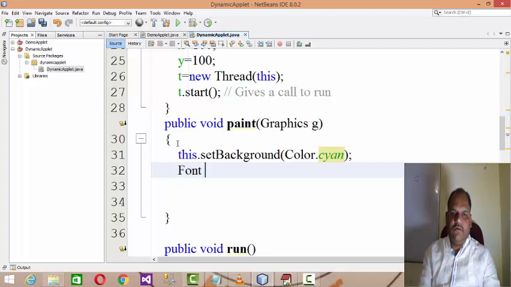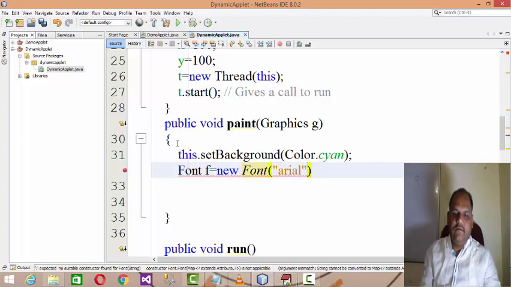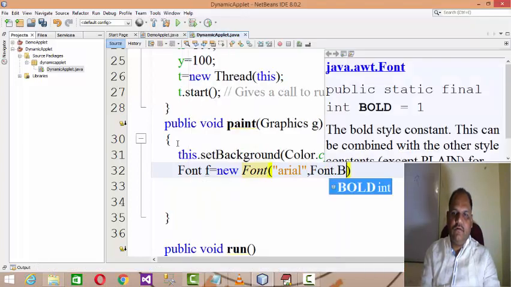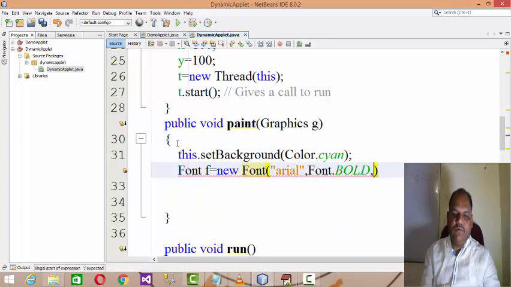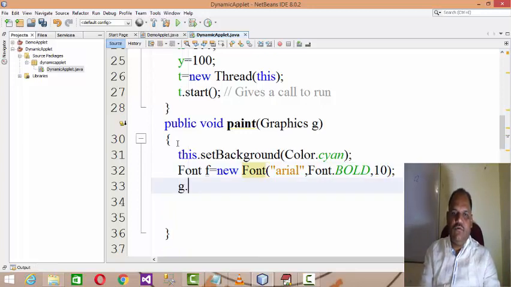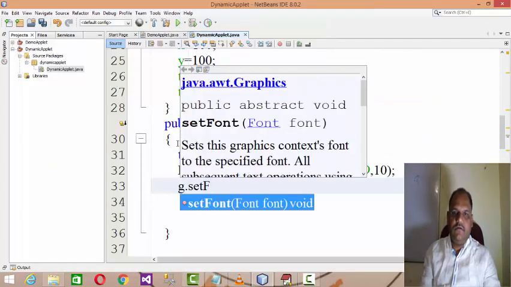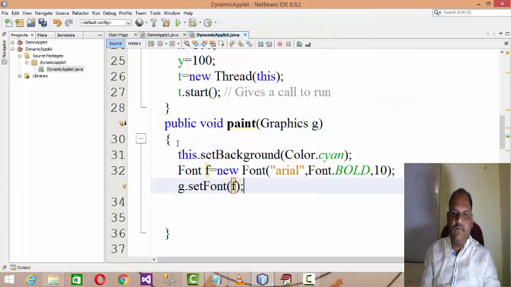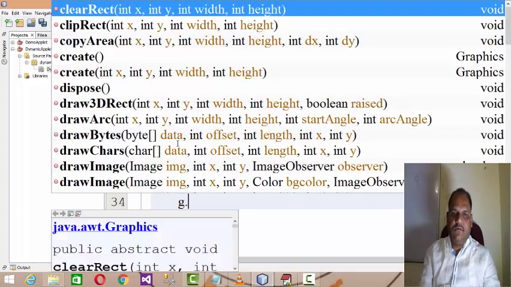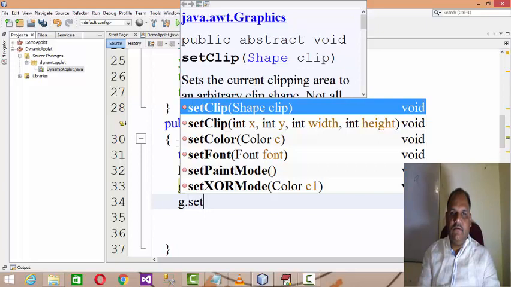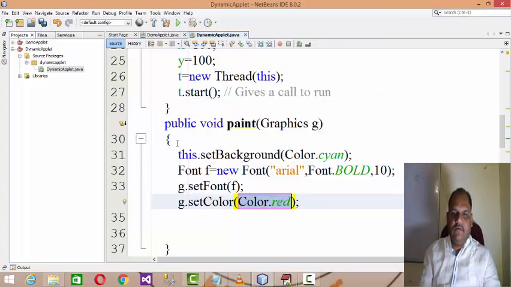Then we go with the font, f equals new Font, Arial, Font.BOLD, the size of the font maybe 10, 20, whatever, 10. g.setFont and the object of font, g.setColor, Color.red,